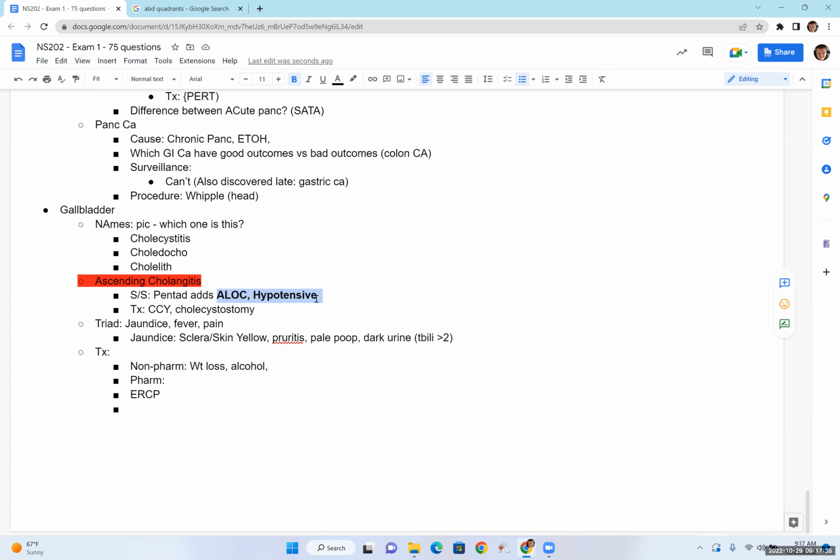Anyways, so what are your other symptoms though, besides altered hypotension? We know that's a red flag. That should entice the sphincters. But what are some other symptoms? Pain, you got pain. What else? Inflammation,